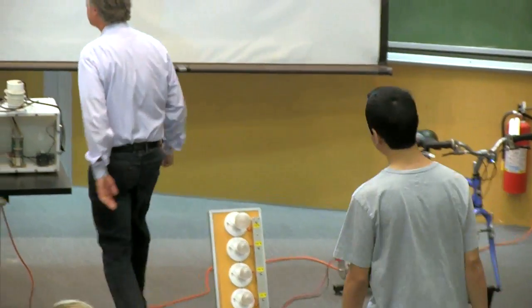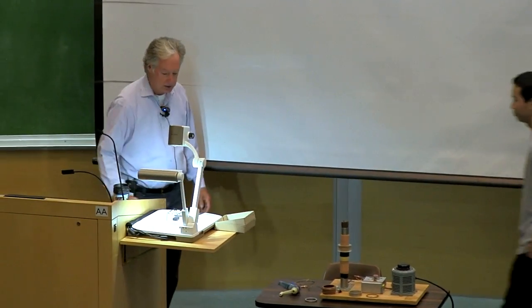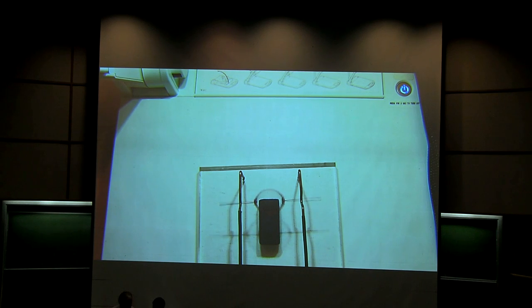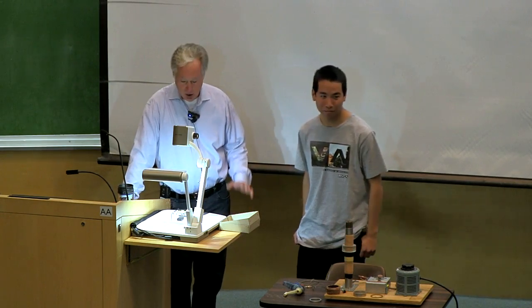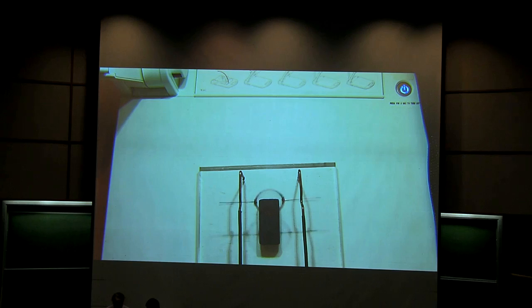Okay, so you can see up here on what's displayed on the screen, but it's not a very good view in some ways. So Jason, can you describe what you're seeing? What do we see in the back to start with? A battery. We're not going to touch anything for a second just to make sure it keeps working okay. What kind of battery is it? An Energizer. It's a D cell and it's about 1.5 volts. I don't want to touch it until we're done with the description. And then coming out from each end of the D cell is a